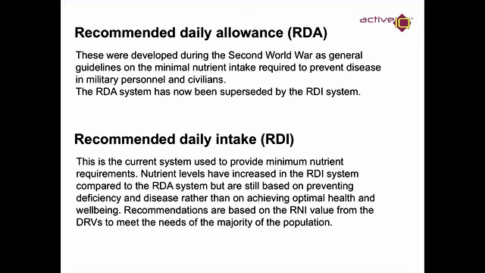Now what we have is RDI. So this is recommended daily intake, and this system tells us the minimum amount of each nutrient we need to be taking in each day. Nutrient levels have increased in the RDI compared to the RDA. You know, food is much more prevalent. People have a lot more income for food. Food isn't rationed like it was during the war, so we can get more in, and therefore nutrient values in this RDI are higher than they were in the RDA,